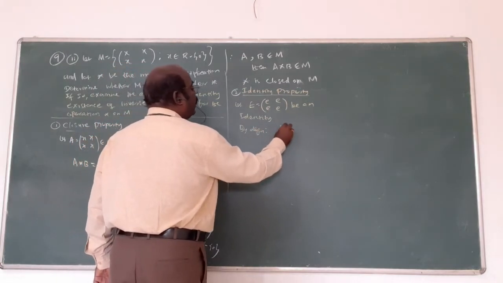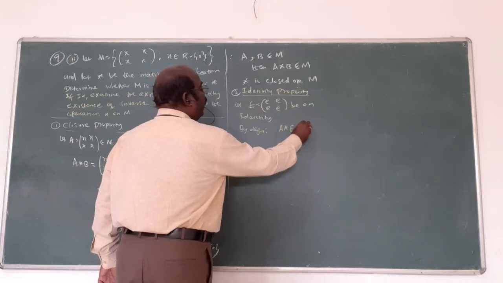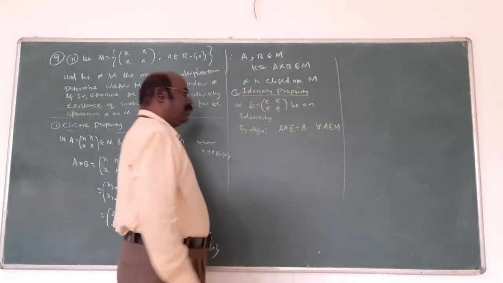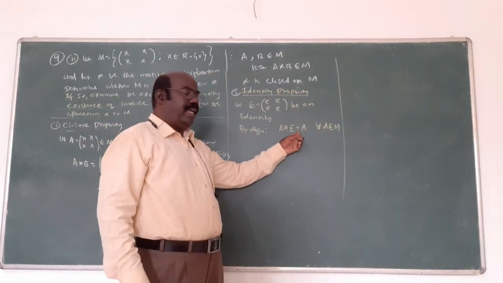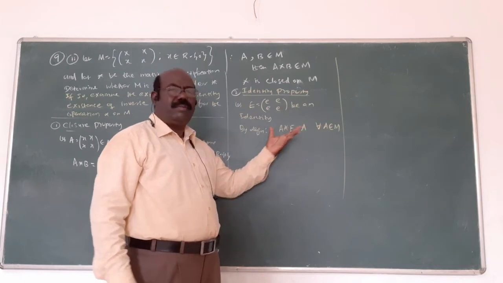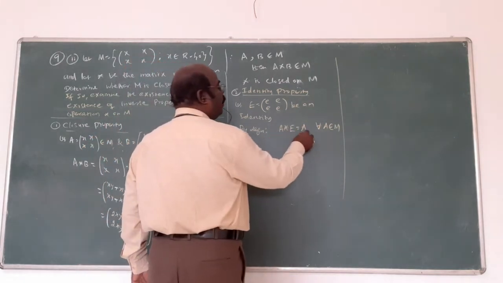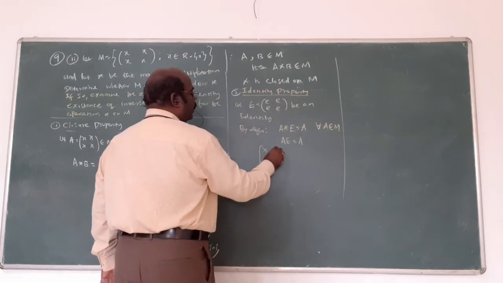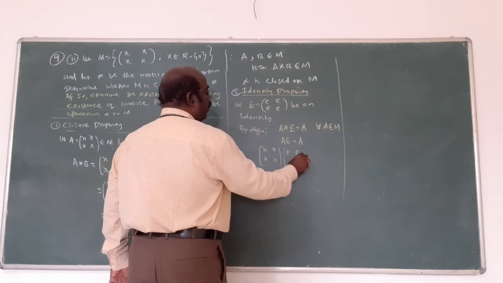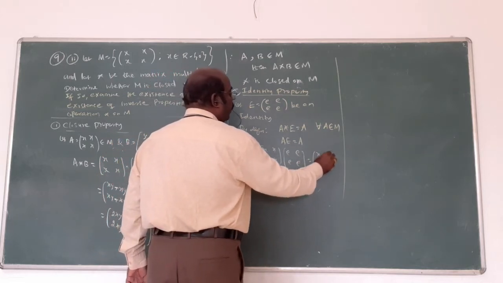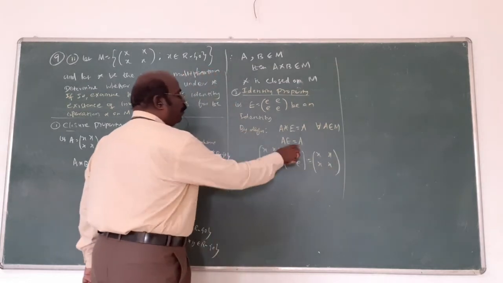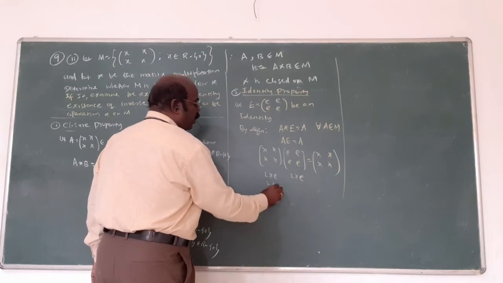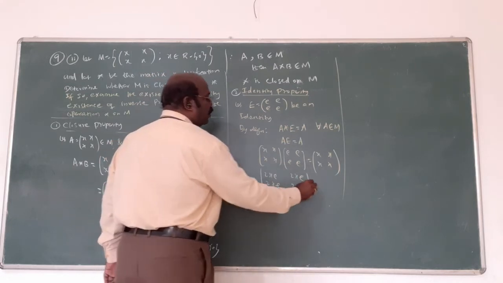Definition is A star E equal to A, for all A belonging to M. Am I right? A star E, you want to multiply A with E, equal to A. Then only E is the identity element. Now, A star E equal to A, what does it mean? It is a matrix multiplication, no? A is x, E is e, A is x. Now multiply both: 2xe, because xe plus xe. That way, I get the answer 2xe. Here, xe.